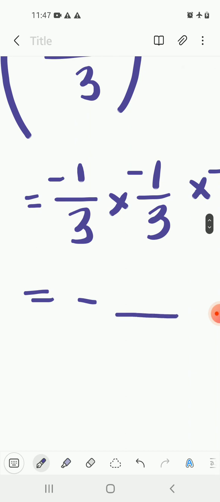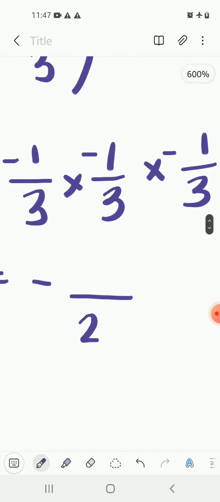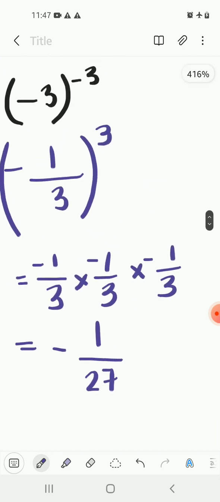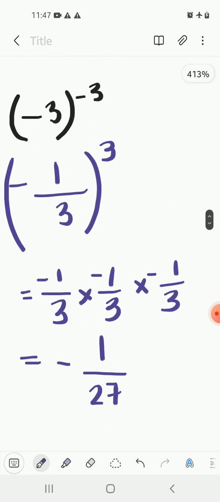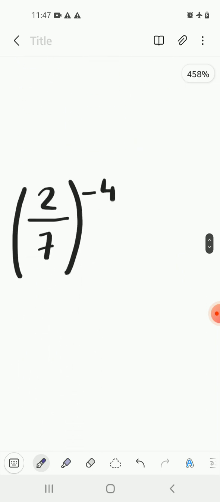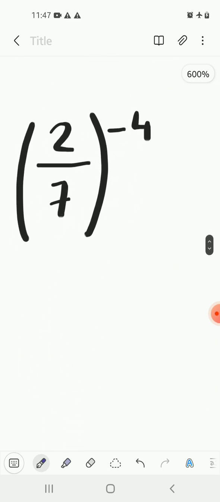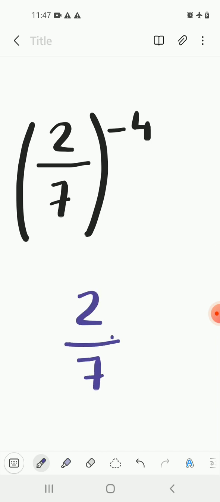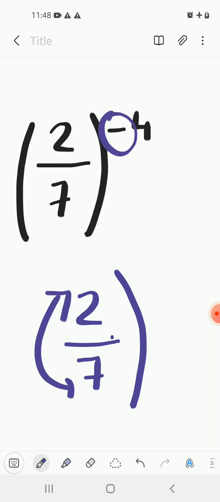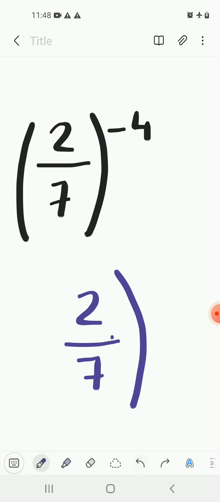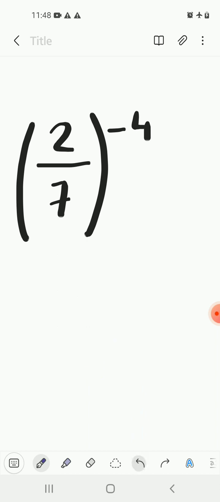So 3 3s are 9 and 9 3s are 27, and 1 remains here. So this is the answer to this question. Let's go for another question. 2 by 7 to the power minus 4. Over here, the same theory we will apply. If there is a minus sign, we will make a reciprocal of this. So my answer would become 7 by 2,